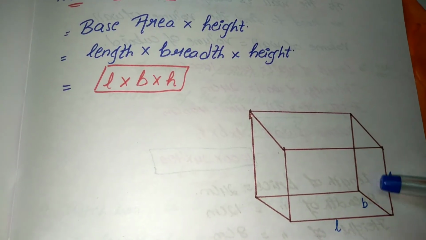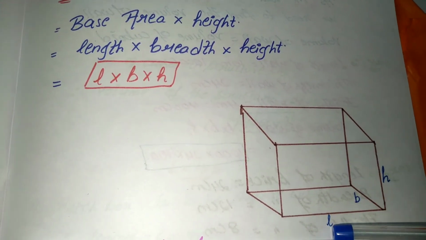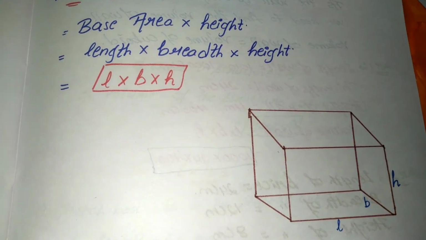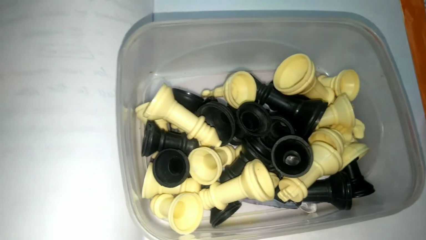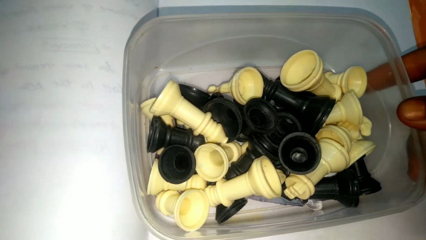Can you see here cuboid? It is a three-dimensional figure. Length, breadth and height. Can you see this box? It is cuboid in shape. And what is meant by volume here? Can you see here? It has a length, breadth and height. This is breadth and this is height. And here volume means what you can fill within the box is known as the volume of the cuboid, children.